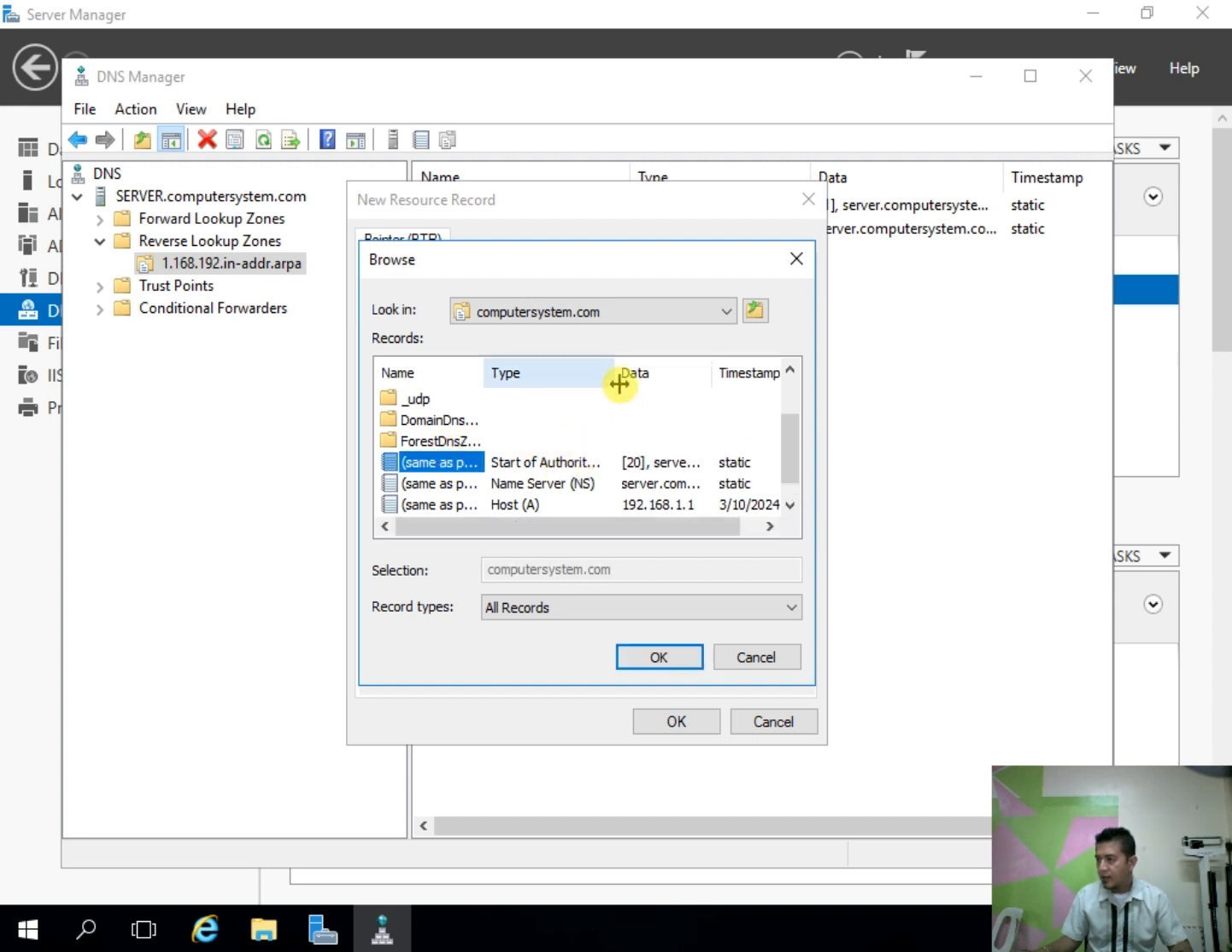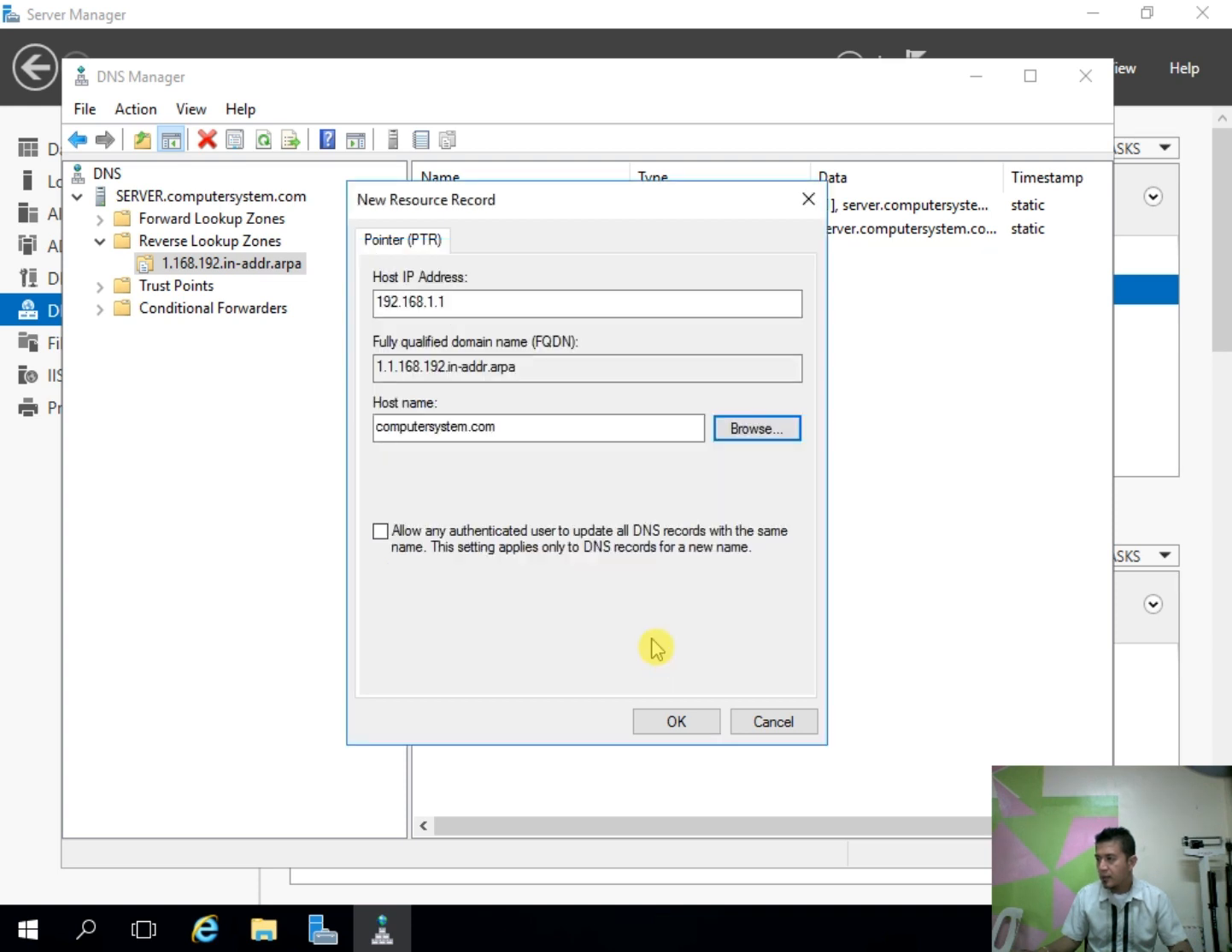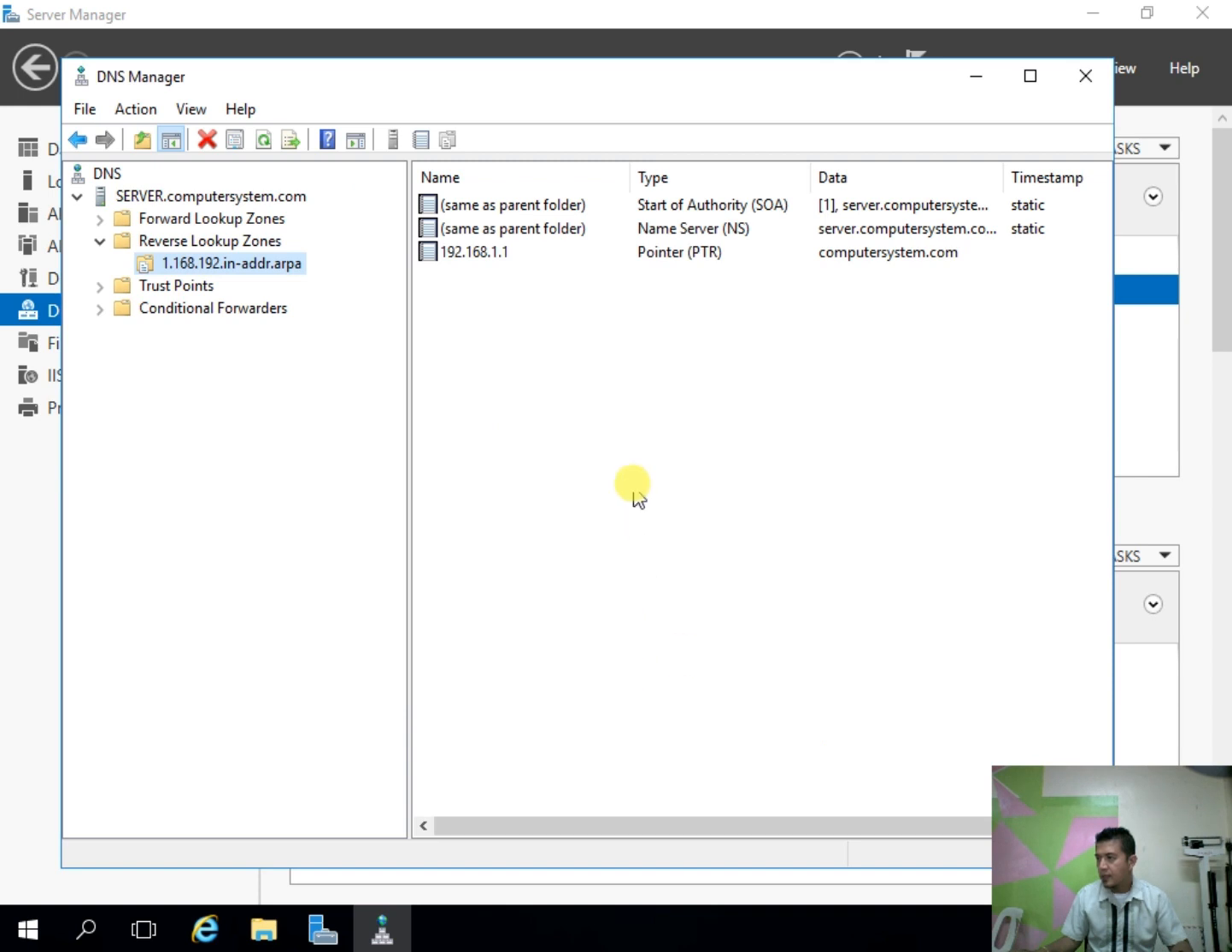Start of authority. Click it, click OK, and that's it. It's good. So that's two. Now, for the forward lookup zone, if you want the third, it's also in the reverse lookup